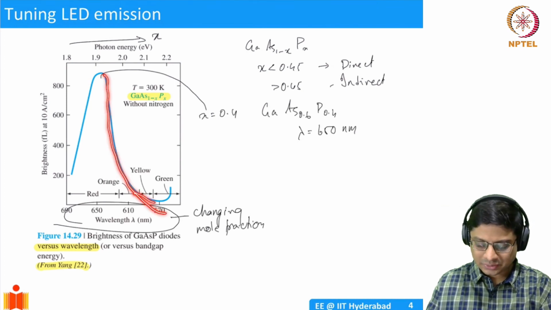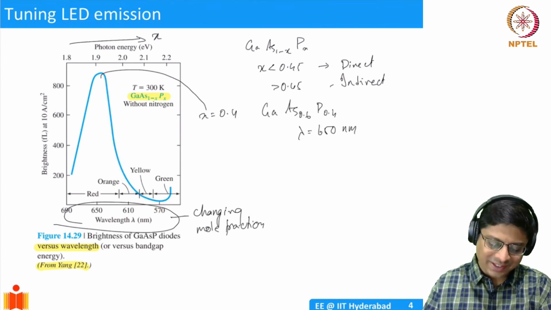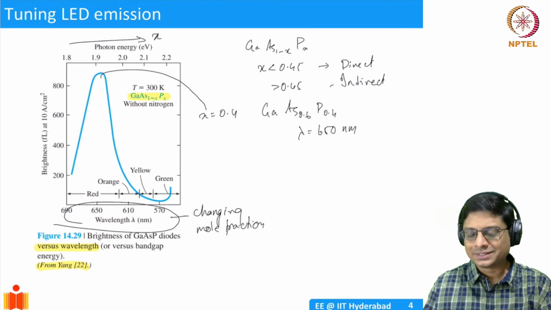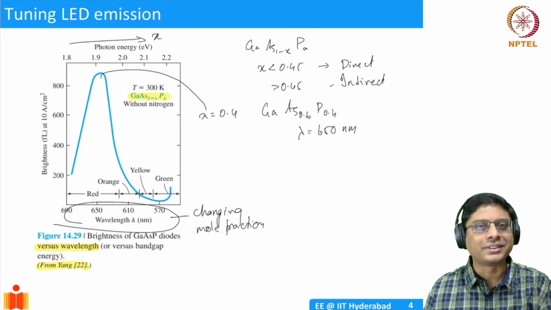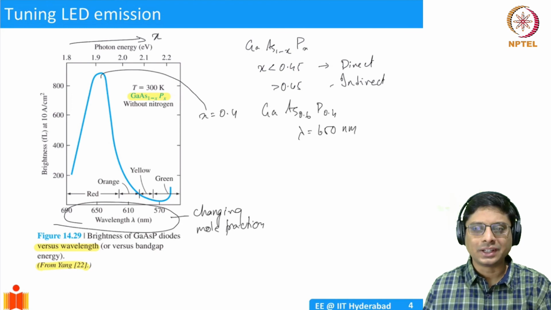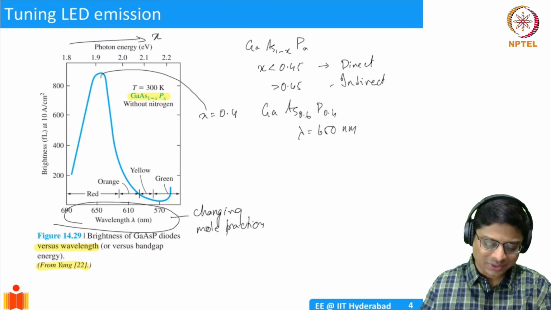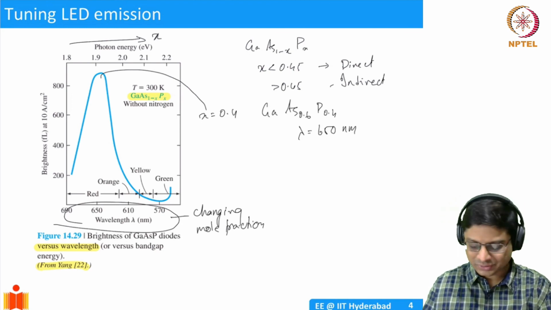So you might ask me, why is this peak here? It turns out that there is a lot more physics behind it, and I don't want to get into it right now. I just want you to accept that this is the way it is. Take it like an experiment. For the purposes of this course, we don't need to get into why the peaks are appearing and so on.